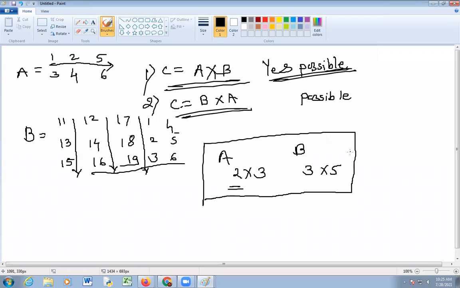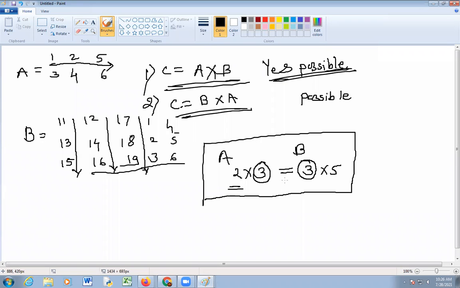Column of first is equal to row of second. See, for multiplication you should check size of column. Size of column of first matrix should be same as size of row of second matrix. These two are equal.